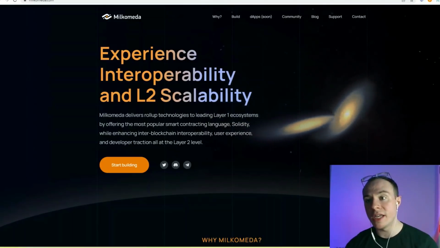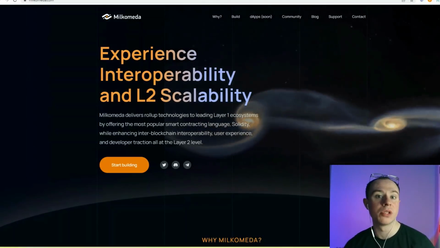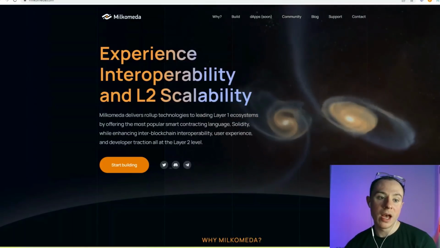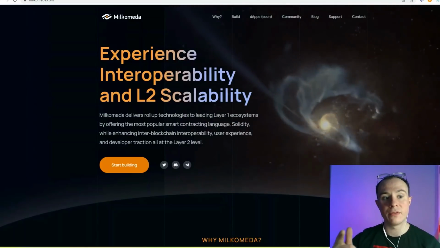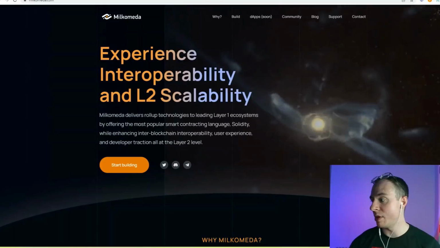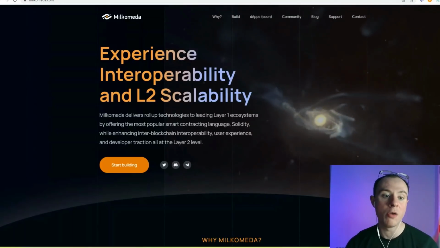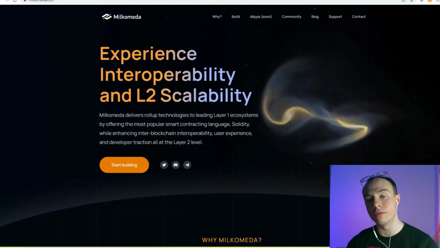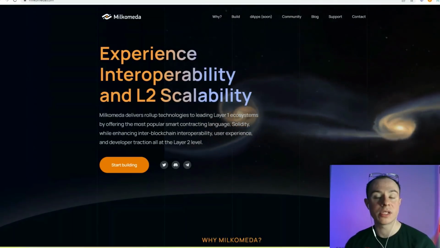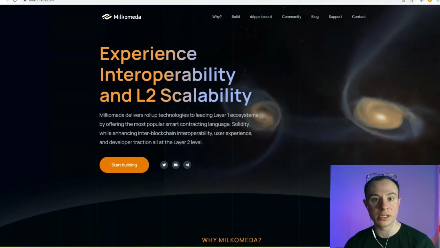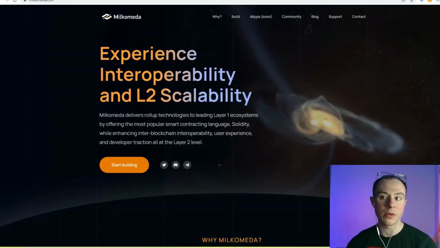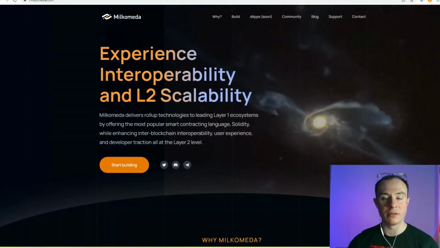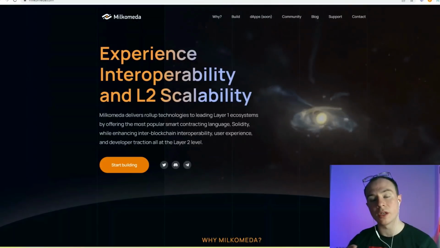Today we're going to be diving into Cardano, and we've got something I am certainly very excited to share with you. It has everything to do with the homepage that you can see behind me. This is Milkamedia's homepage. Milkamedia is a layer 2 roll-up solution for your layer 1 blockchains that's going to essentially allow interoperability on their layer 2. So it's kind of like Polygon to Ethereum, but multi-chain. And Cardano is one of those chains. And that's what we're going to talk about in this video.